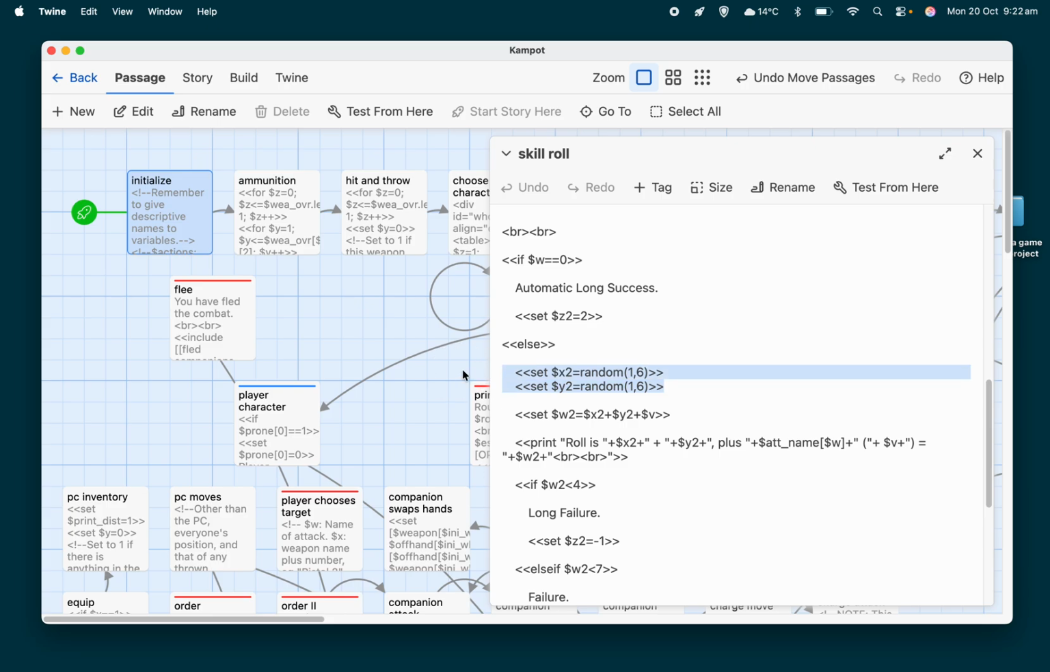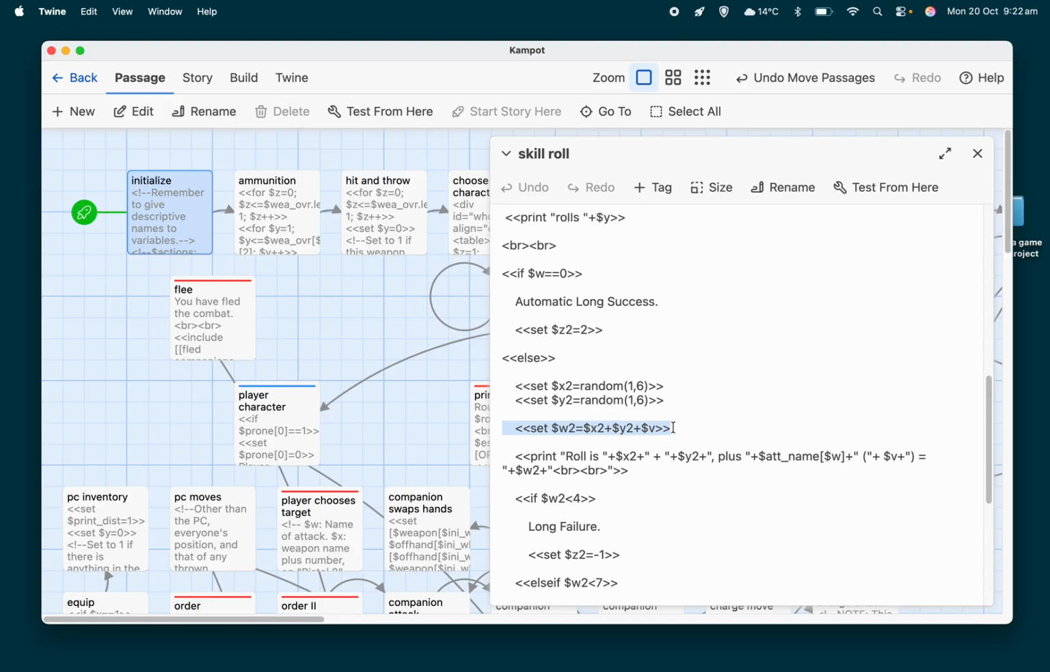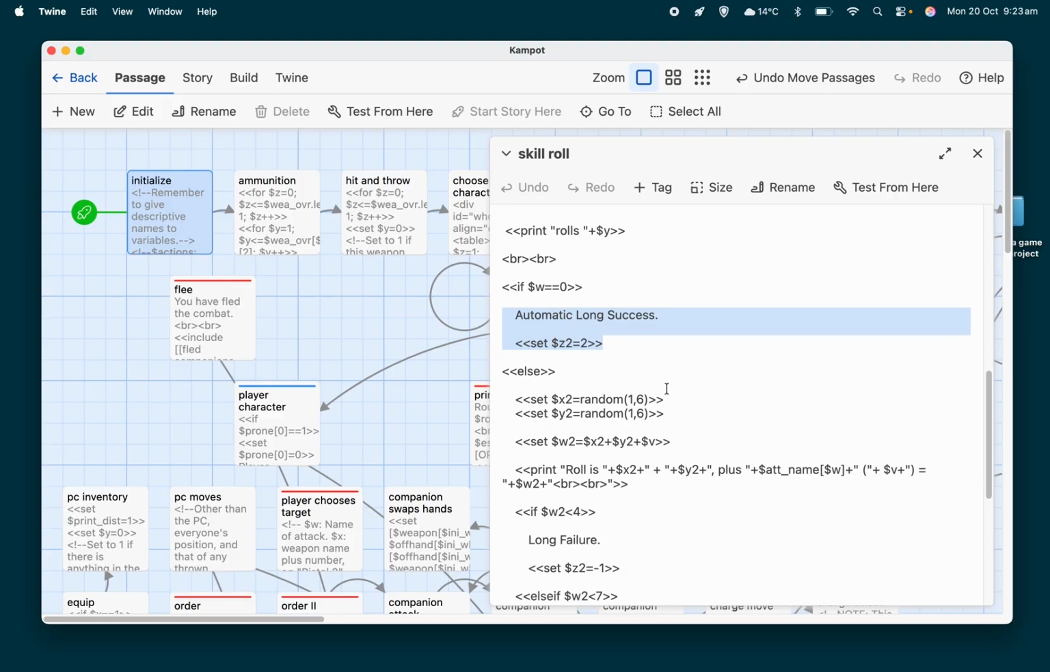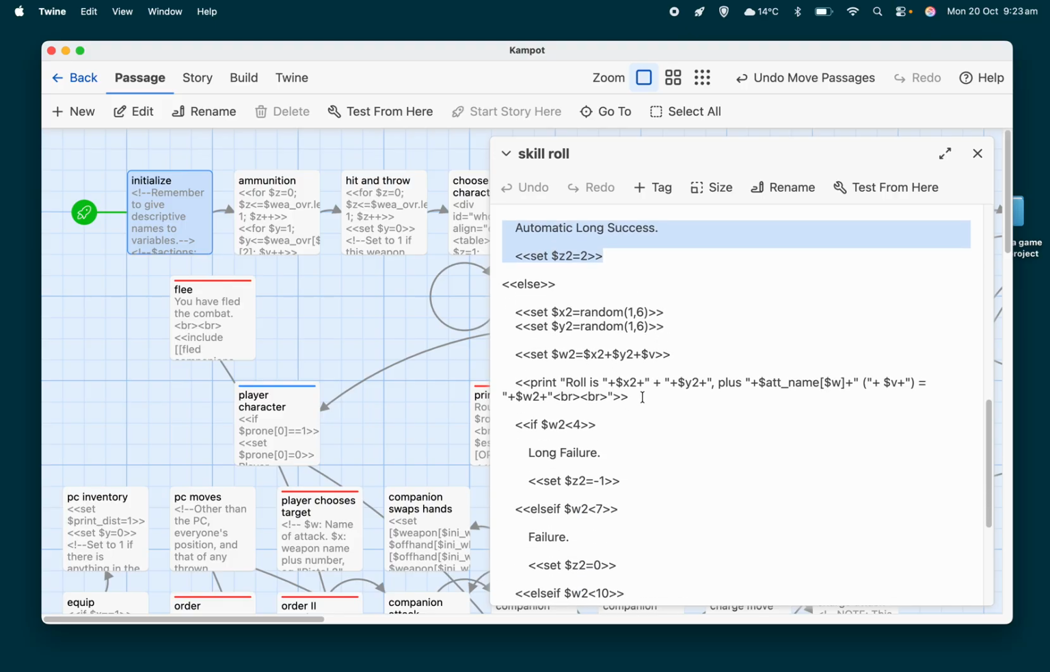First of all, we simulate rolling 2 dice, X2 and Y2. Then we set W2, the total, equal to X2 plus Y2 plus V. So the roll of the 2 dice plus the value of the relevant attribute. So this is the only place where V is used, and that's why V can have a nonsensical value if W is equal to 0, because of course we don't ever refer to V. Then we just print